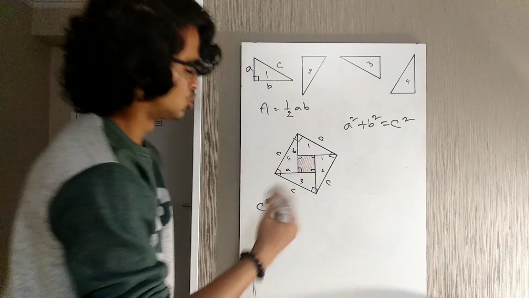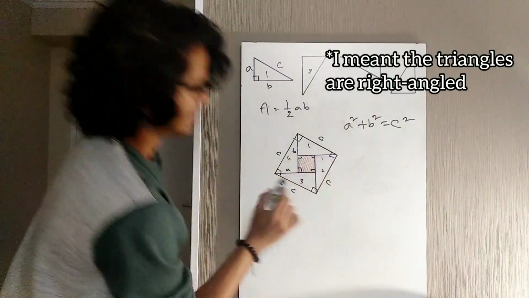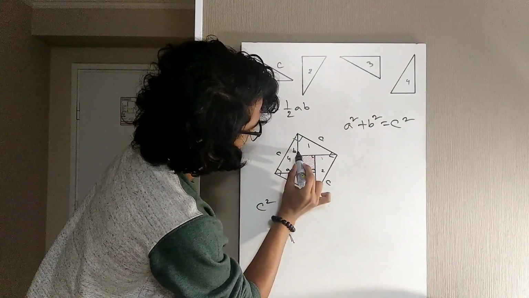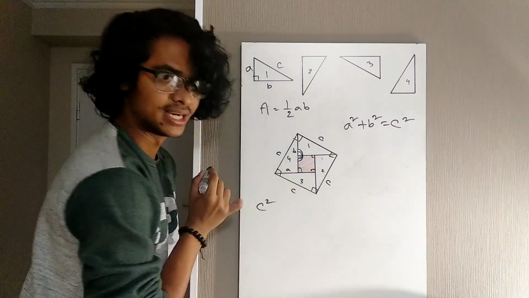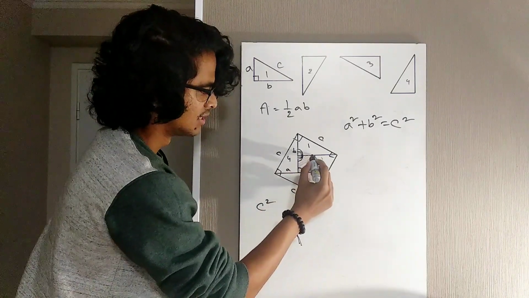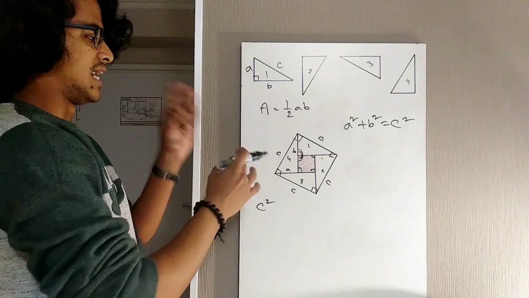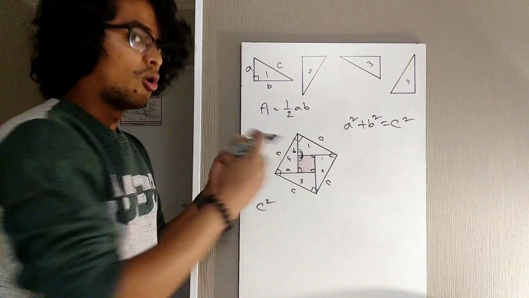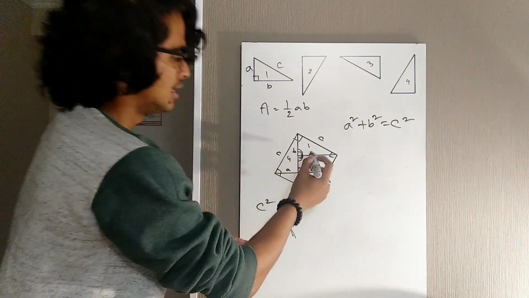It's not very difficult to show, because we assumed all the triangles to be right-angled, and let's say this one is 90 degrees, and as this whole angle is 180 degrees, this also has to be 90 degrees. So this angle is 90 degrees, this angle 90 degrees. Similarly, all the four angles are 90 degrees. So we know that we have this smaller quadrilateral with all of its angles being 90 degrees, but we don't know anything about the sides.